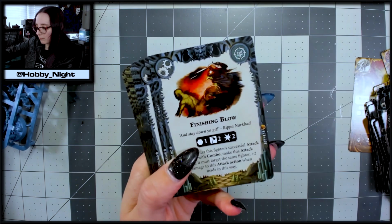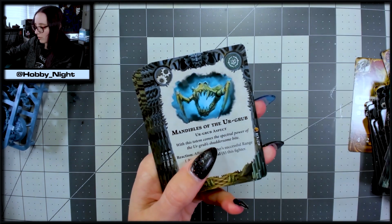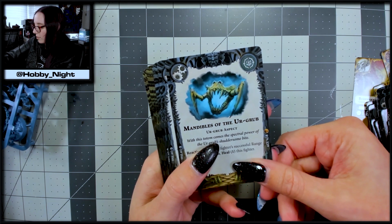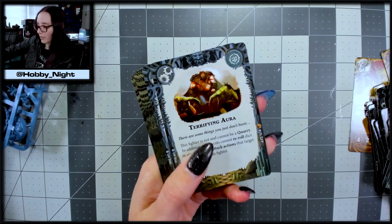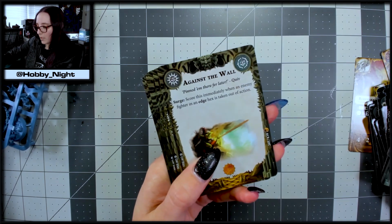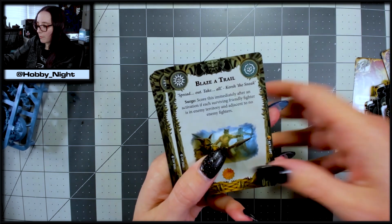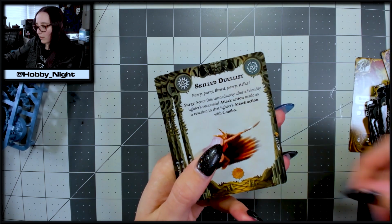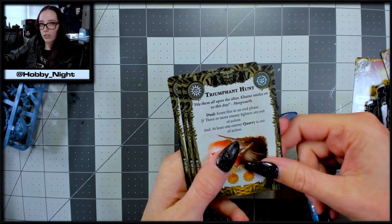Cryptic Companion, Finishing Blow, Hunter's Caution, Mandibles of the Grub, interesting, Quintox Combative Cantrip, Terrifying Aura, Victor's Speed, Against the Wall, Aggressive Strategy, Blaze a Trail, Rising Power, Skilled Duelist, Team Effort, Triumphant Hunt,